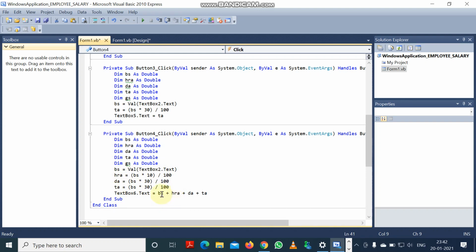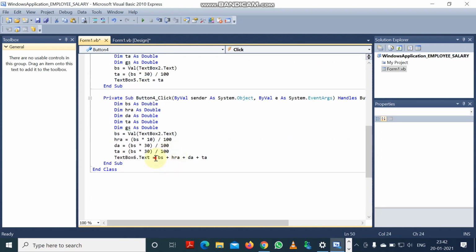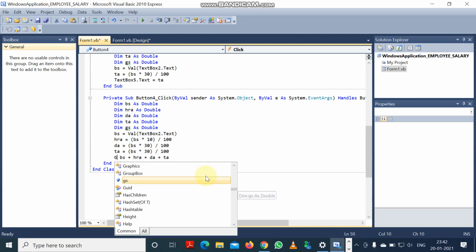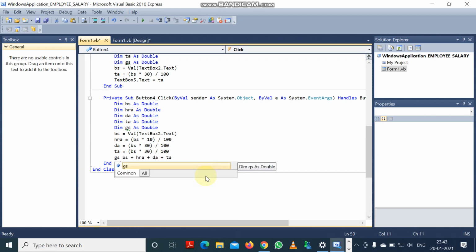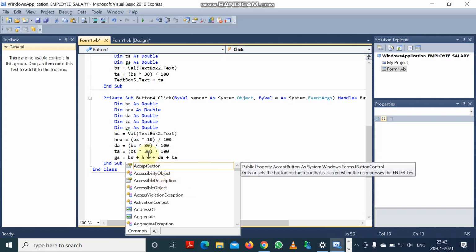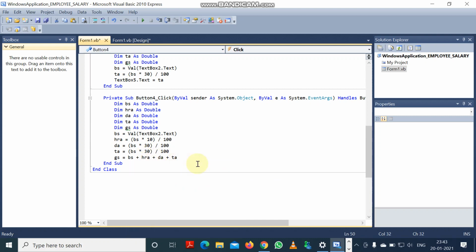Now we are calculating the gross salary, and here we can write like this: gross salary or GS is equal to basic salary plus HRA plus DA plus TA. That means gross salary GS is a variable where we are summing up basic salary, HRA, DA and TA.